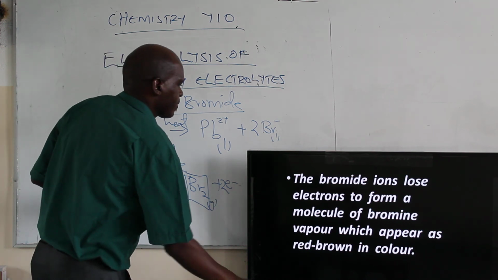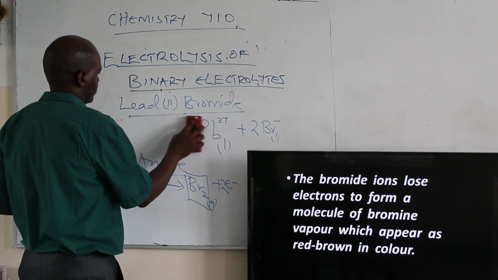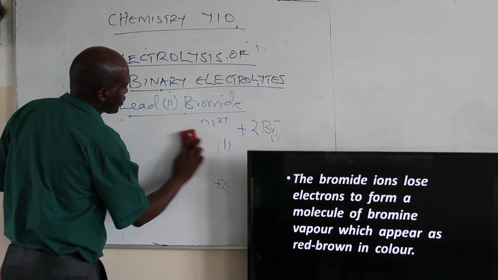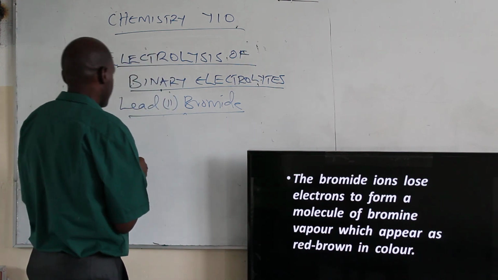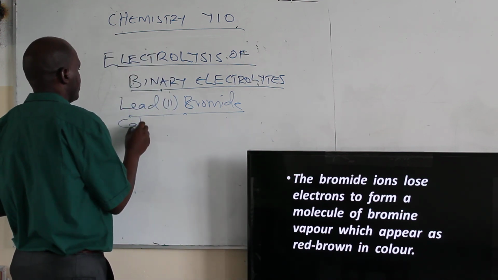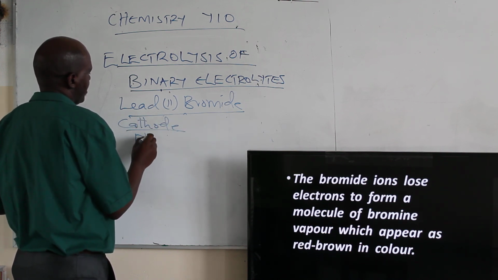Then at the cathode, we shall have lead ions attracted towards the cathode. Pb2+,